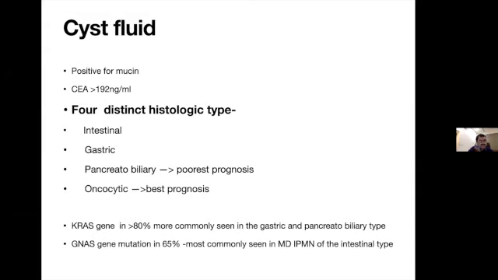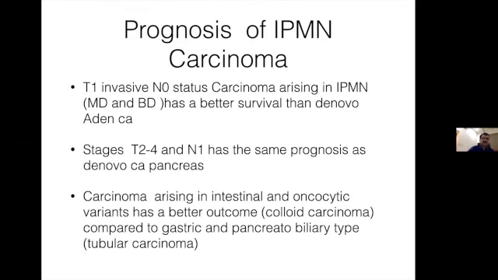Among these, intestinal and oncocytic has got a better prognosis. So if this IPMN turned out to be a malignant type, the intestinal and oncocytic will become a colloid carcinoma, whereas the gastric and pancreatobiliary will form a tubular carcinoma. The colloid carcinoma has got a better outcome than the tubular carcinoma. So the prognosis of IPMN depends upon the histologic type, whether it is intestinal type or whether it is the